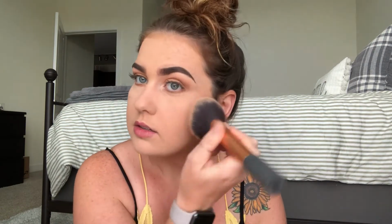Okay, now that I have blended all of that out, I'm going to go in with another powder. I'm going to take the Maybelline Fit Me Matte and Poreless powder, and I am using shade 130 in Buff Beige. And I'm just going to take that same powder brush and put that all over. Make sure you drag it down on your neck. This is basically helping to set in that foundation wherever you didn't have the